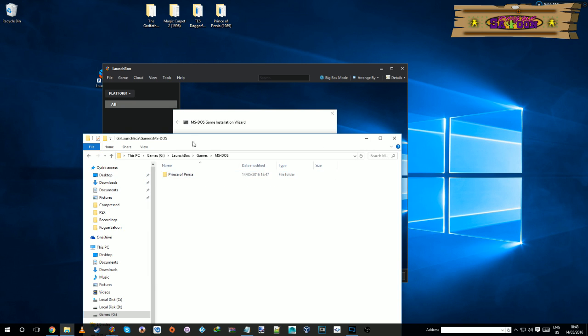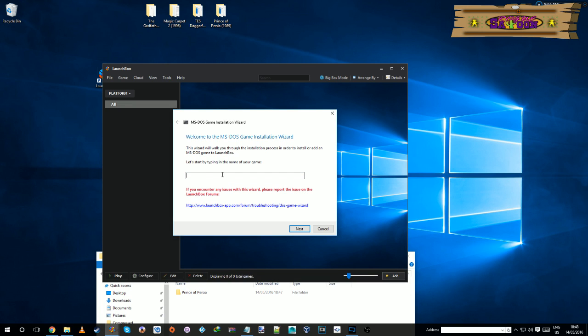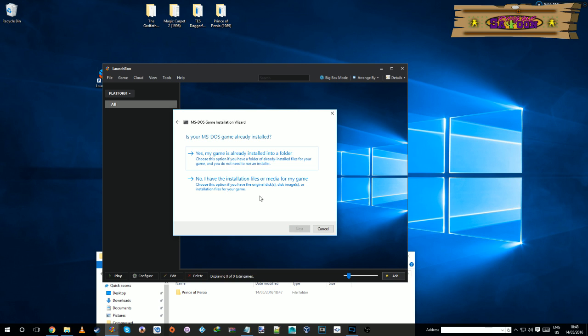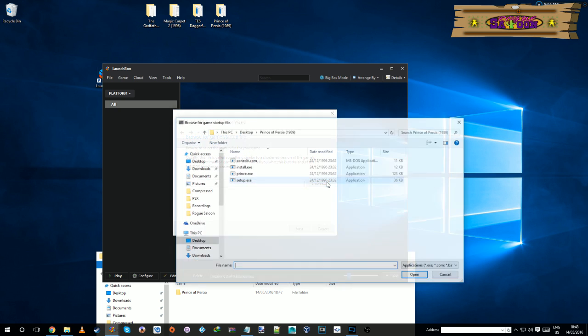Install an MS-DOS game. So the game is Prince of Persia. Now, for most games that you download, you'll want to use this option up here. There are cases where you may need to actually install it. But for most games that you'll download from the internet, you want to use this top option. And